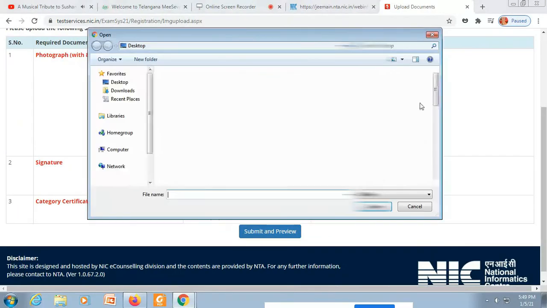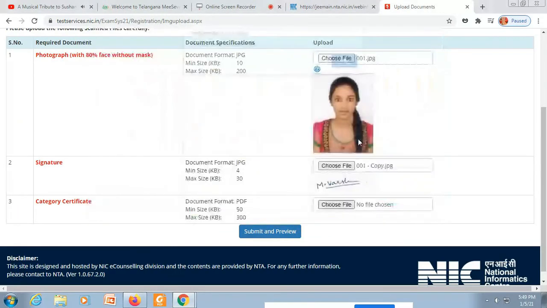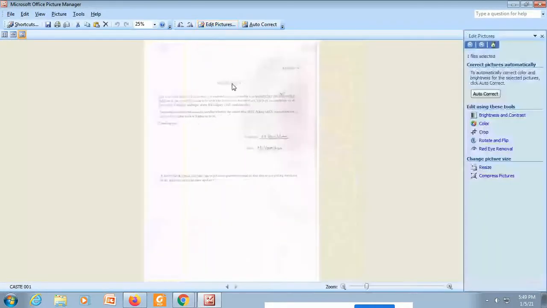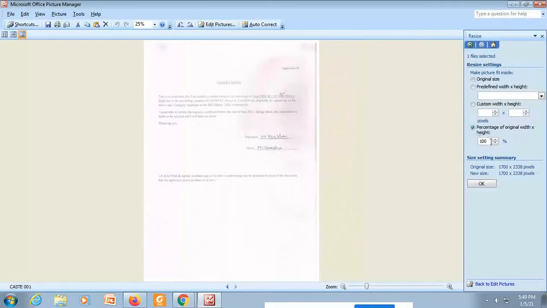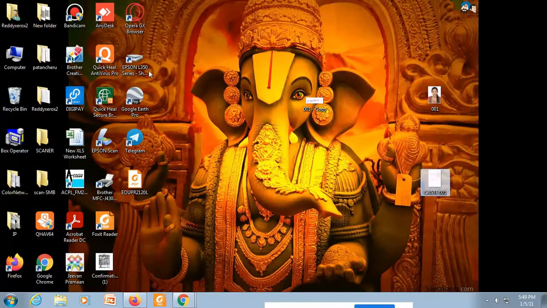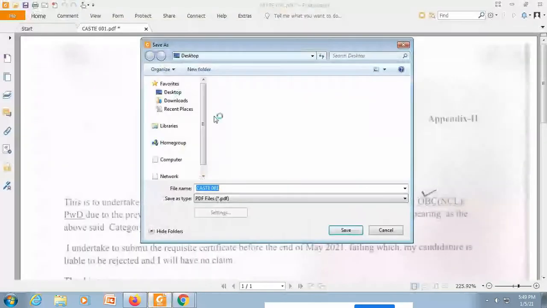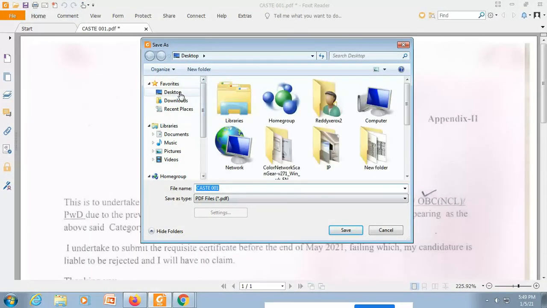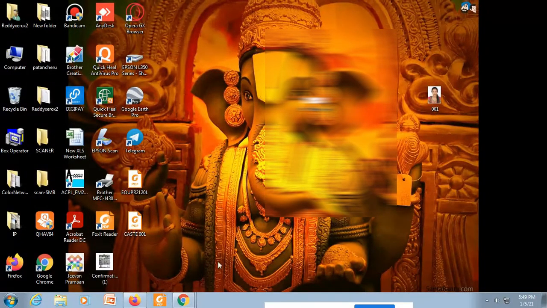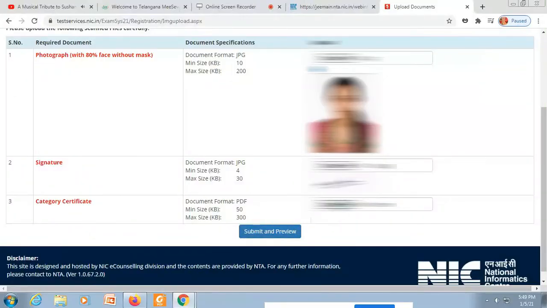So your photograph must be 10 to 200 KB. Please make sure, and also use a latest photograph, that will be better. This is the document I'm using, so I have to convert it to PDF, and the size should be 300 KB, sorry. So please make sure, I'm editing them. This is the old version, so I'm editing online. You guys can use online tools. This is a declaration form actually, COVID-19. So I'll take care of everything. That's the declaration you're going to do.